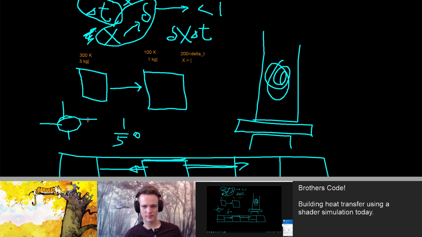So if you have an element with a low heat capacitance, it'll go faster, and high heat capacitance, it'll go slower. So the 1/5 comes from the fact that you could possibly flow equally in each direction.